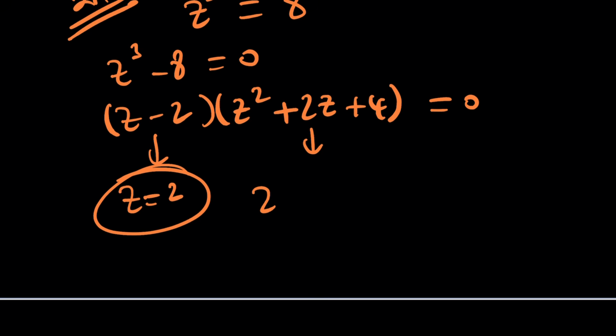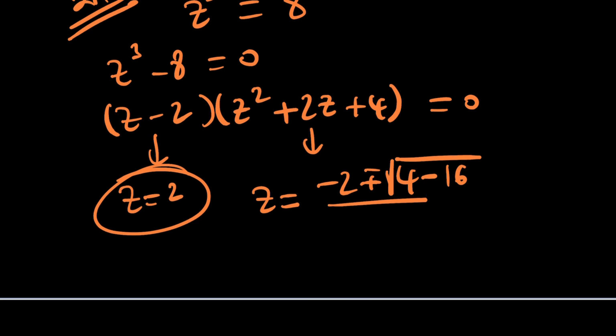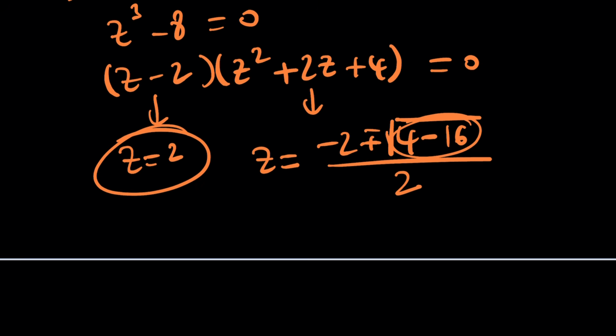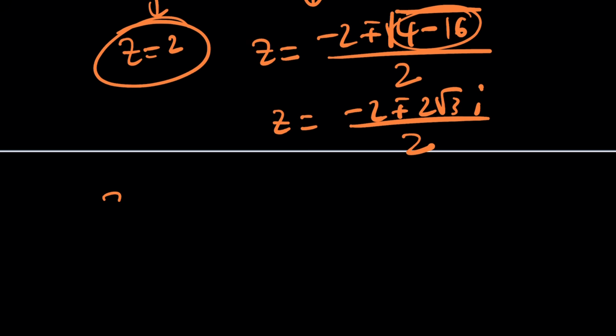From here, using the quadratic formula, negative b plus or minus the square root of b squared, which is 4, minus 4ac, which is 16. And then you're going to subtract and divide by 2a. This is going to be negative 12. It's going to be 2 root 3i, and then divide by 2. And that's going to give you negative 1 plus or minus root 3i, which are the same solutions as before, obviously,